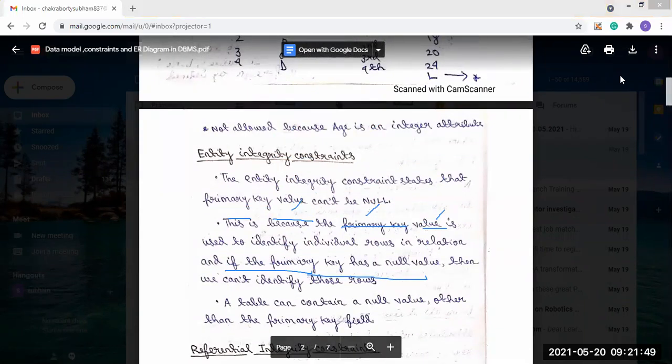Now we will see entity integrity constraint. The second type of integrity constraint is the entity integrity constraint. Now, the entity integrity constraint states that the primary key value cannot be null. It means the entity integrity constraint defines that the value of the primary